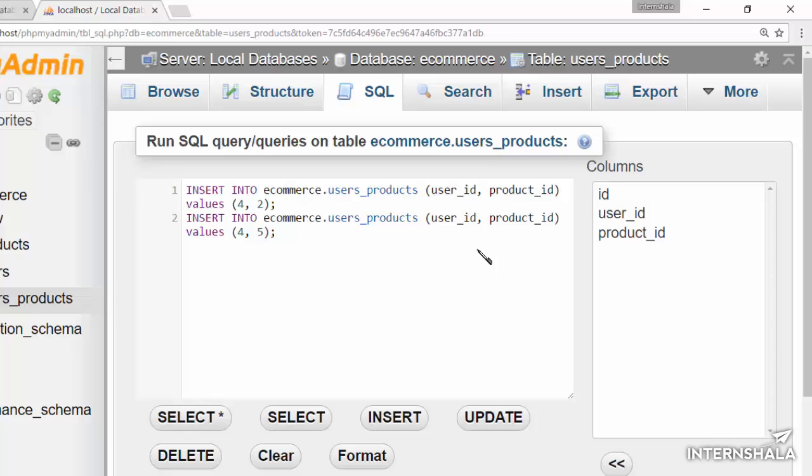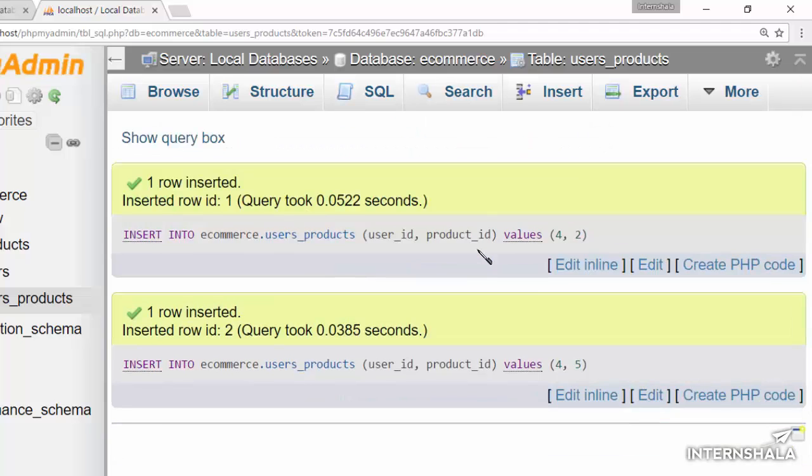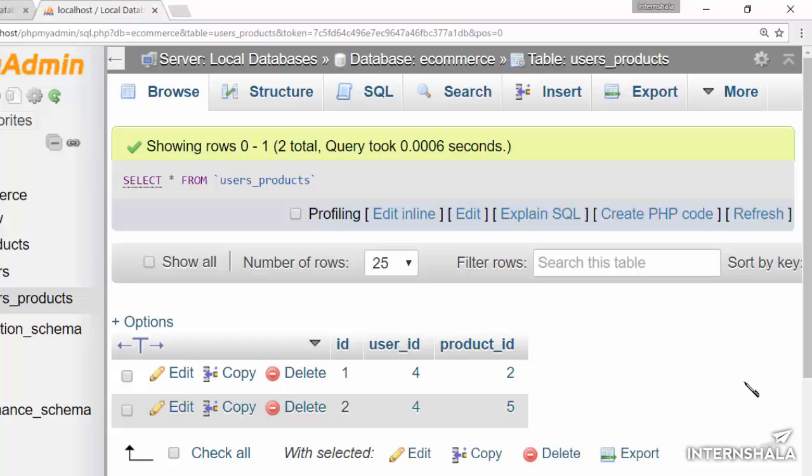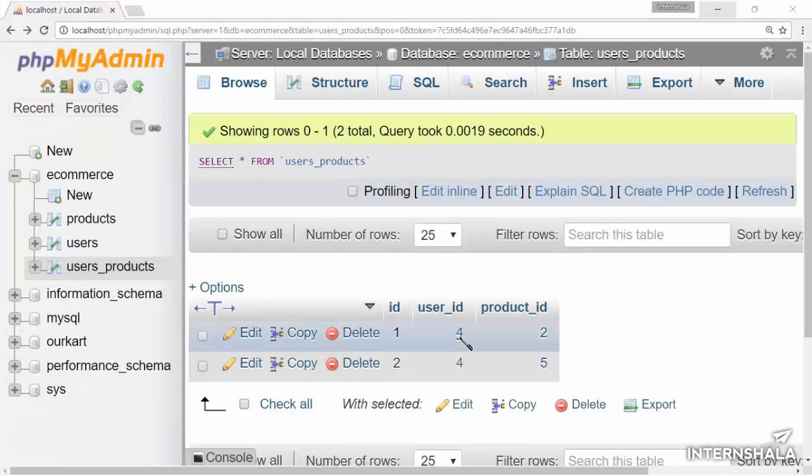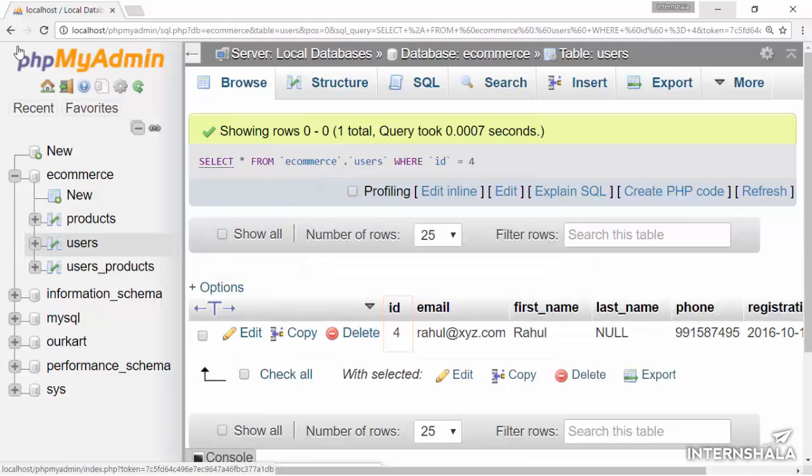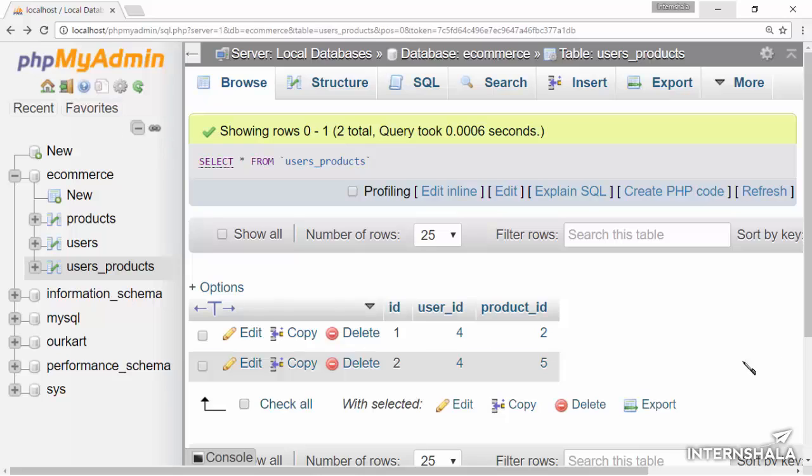ID column is the primary key, so there is no need to mention the value of the primary key. Here, all these IDs are present as primary keys. You can see that each of the users who has made a purchase on your website is listed here. The user with user ID 4 has purchased a product with product ID 2, and the same user has also purchased the product with product ID 5. The user ID here contains all information about the user, and the product ID here contains all information about the product. I can click on these mapped numbers to find more details of these users or products.